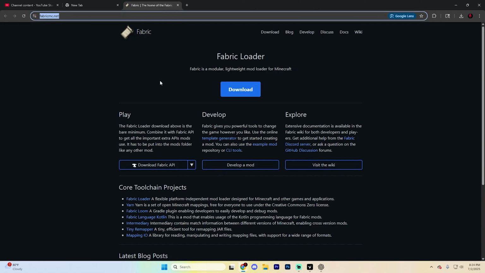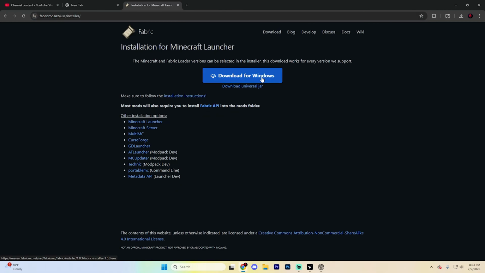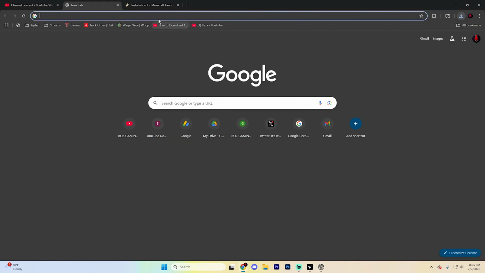Find the download option right here and click on it, and then find Download for Windows. Now, if you're on a Mac or Linux, use the universal jar download instead. In my case, I'm going to hit Download for Windows and it's going to automatically start downloading up here for me. Now, you're going to want to download Fabric API, which is required to run most Fabric